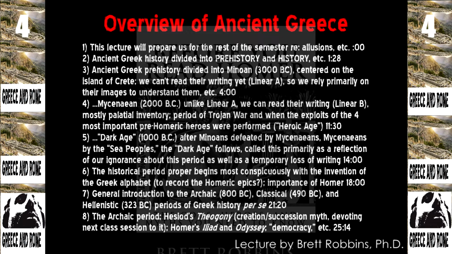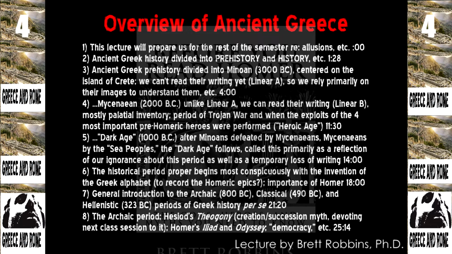Okay, and then the last period, and we'll get more to what the archaic and classical and this one were in a second. I'm just giving you an overview first. Then there's the Hellenistic period of ancient Greek history, which is the final one that starts around 300 BC. 323 is the best date to give because it has to do with Alexander the Great's death. So let's generalize about what's going on with these three periods.